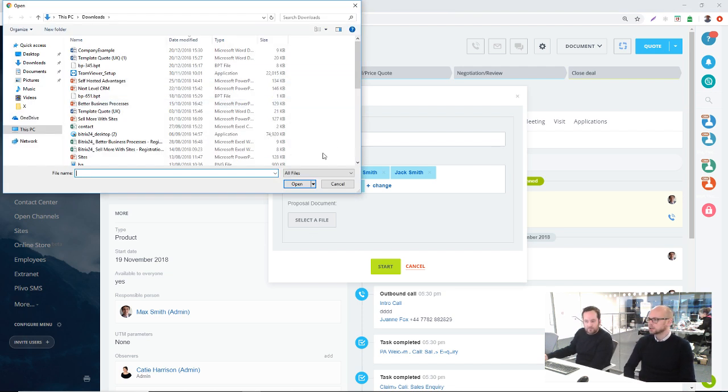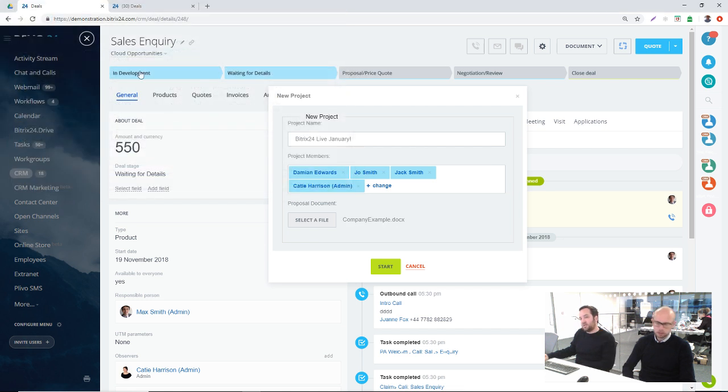Those are users of the system, are they? They're not contacts associated with the deal. They're users in the system, aren't they? Yeah, they're just standard users of the system. So this is the people who you want to be involved in this project. And then we've uploaded a file here. So if you click on Start,